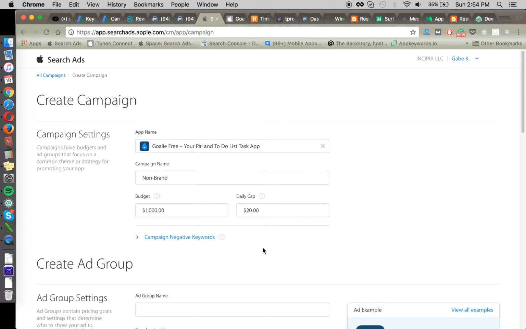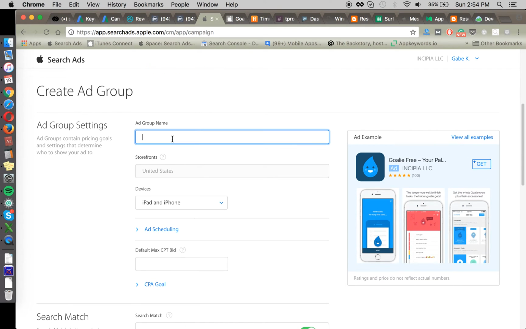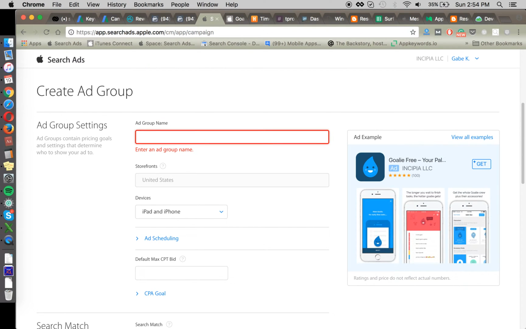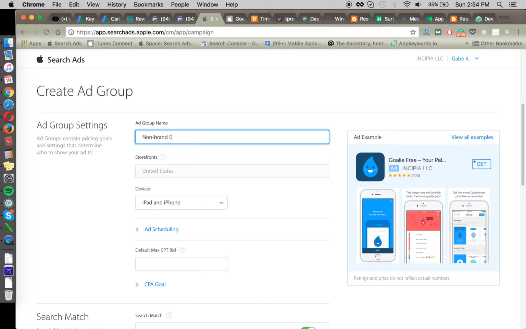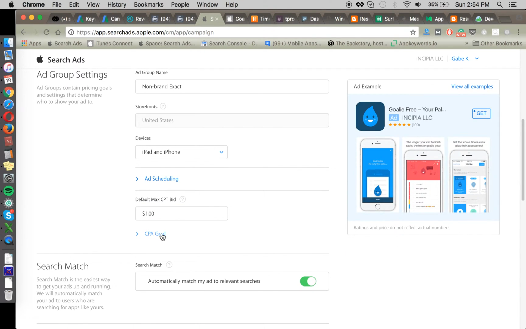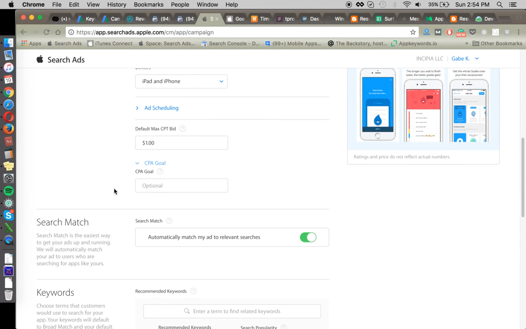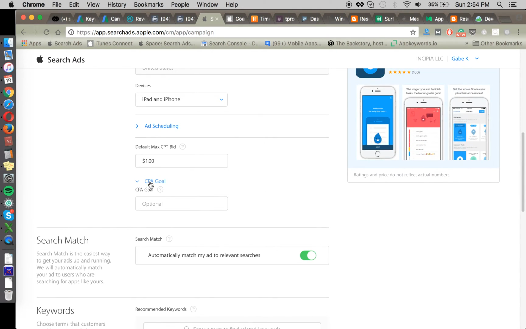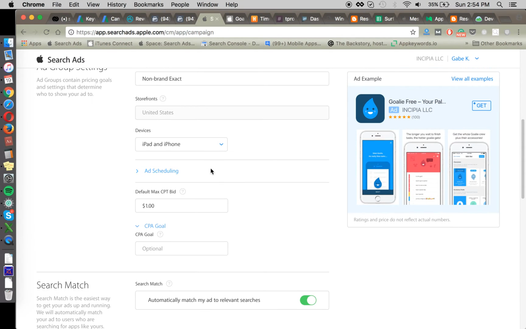So if non-brand gets 20, then our search match had 10. So we're going to create the non-brand exact here. For exact, we know what keyword, the exact is where your performance is going to come from. You really want sort of the 80-20 rule, but maybe not that high. You want most of your impressions to be going towards this non-branded exact or competitive exact, where your CPA is